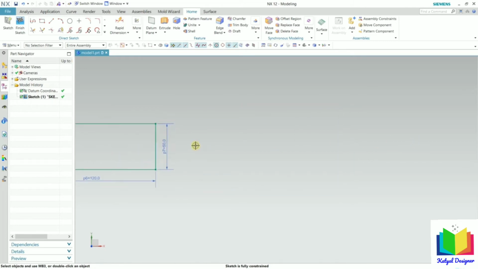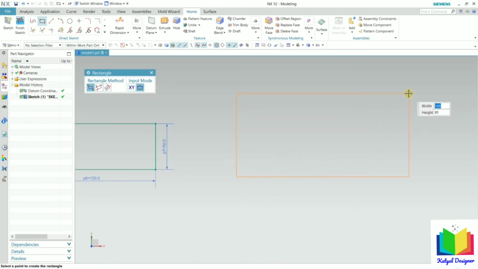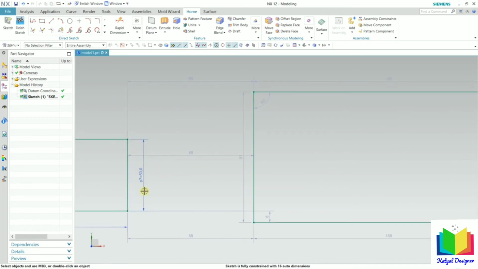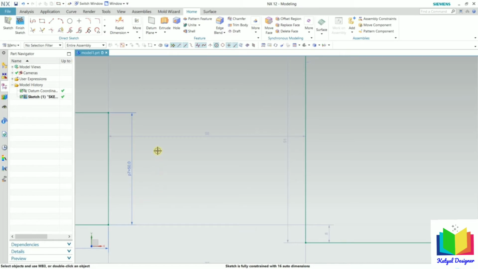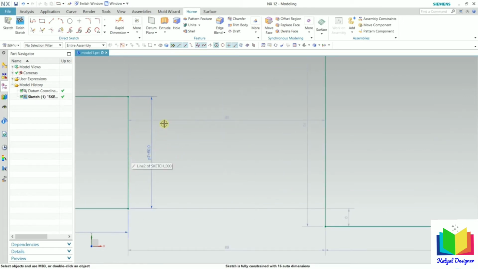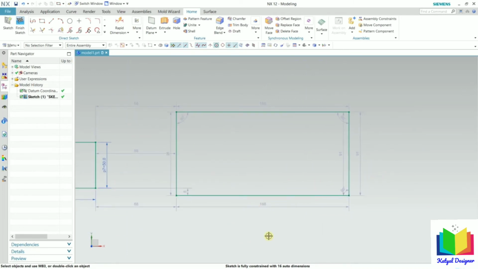So once again I will draw a rectangle. So go to the rectangle and let's say I select 2-point rectangle. Select the first point and then click for the second point. Press escape. Now here I can also define the dimensions once again. Right now we can see the color of dimensions are different. Here we can see it is dark blue and it is light blue. The difference between the color is because we have defined these dimensions manually. So these dimensions are called strong dimensions. But these dimensions here are automatically generated. So these are called weak dimensions.